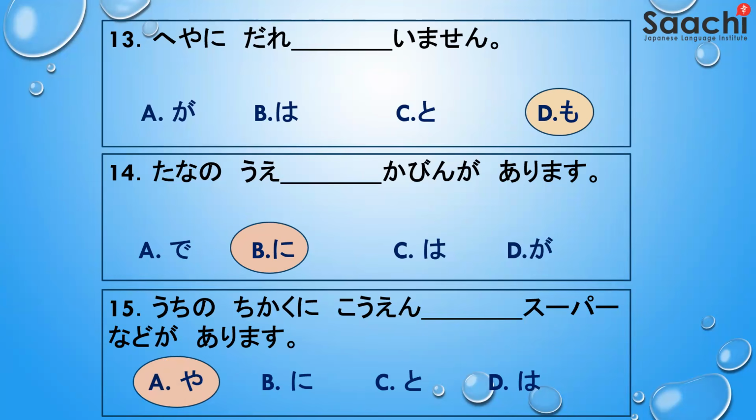If you're only mentioning two things or three things where you're clearly saying there are only two or three, then you use the particle と。But when the speaker wants to say there are many things out of which you are quoting two or three, one or two, then you use the particle や。